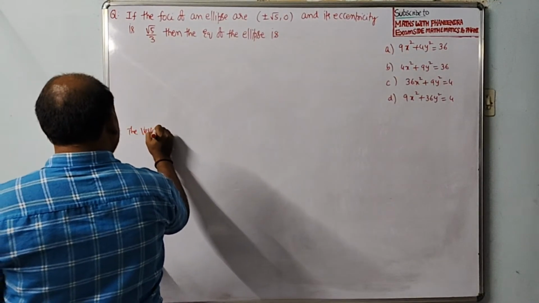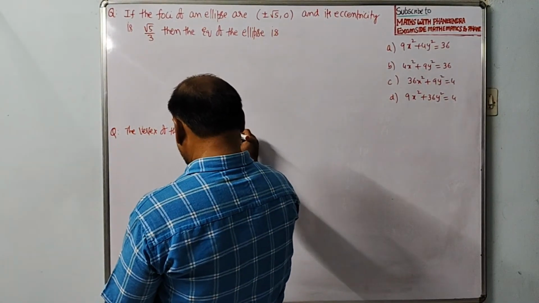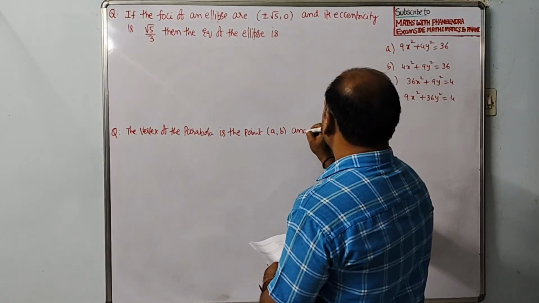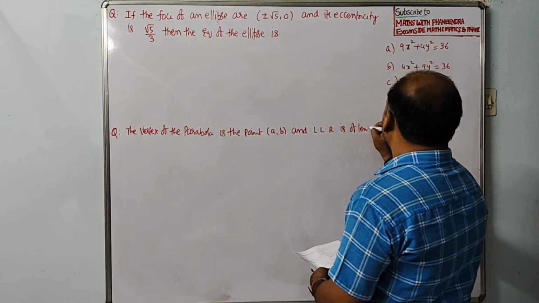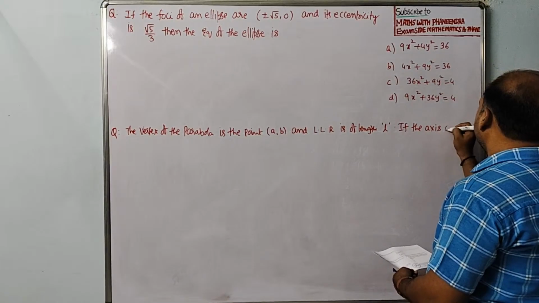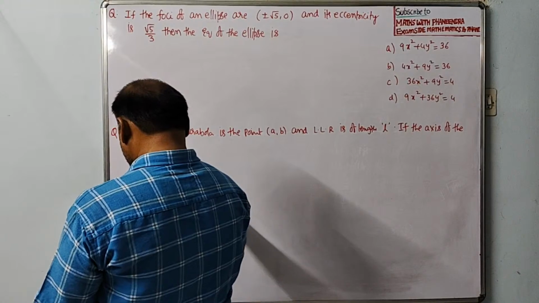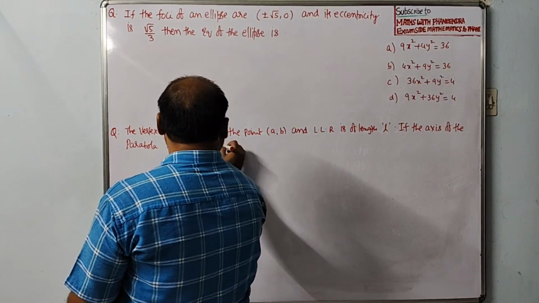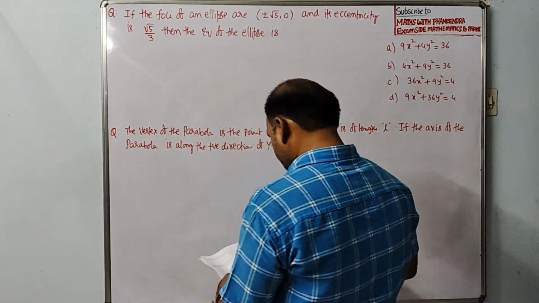The vertex of the parabola is the point A comma B, and latus rectum, LLR simply I am writing, is of length L. If the axis of the parabola is along the positive direction of y-axis, then its equation is,